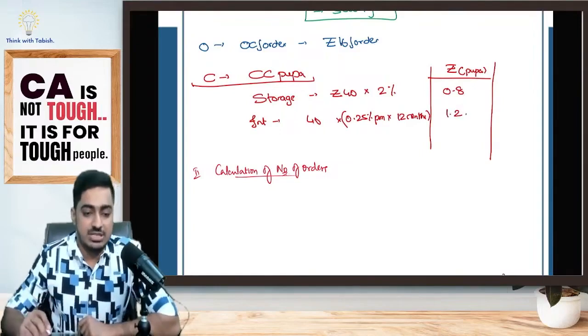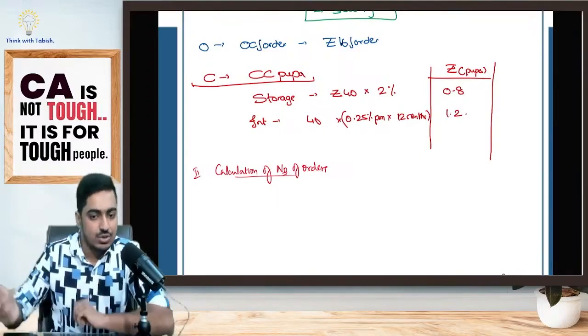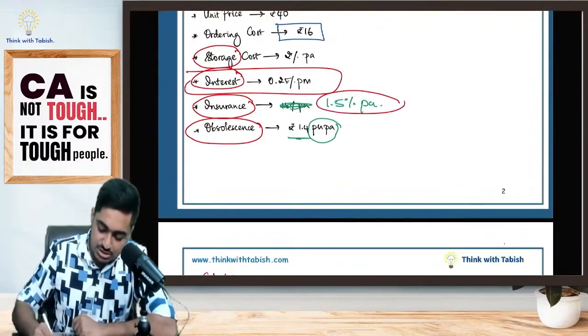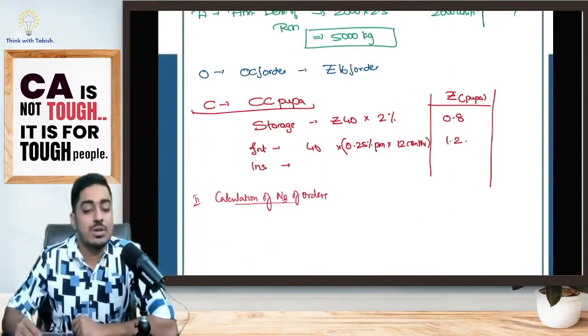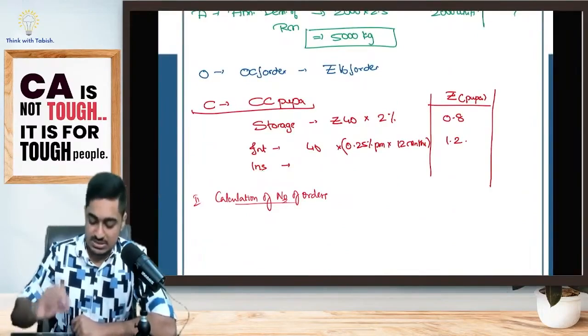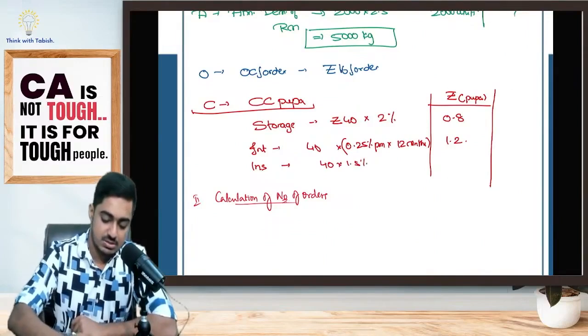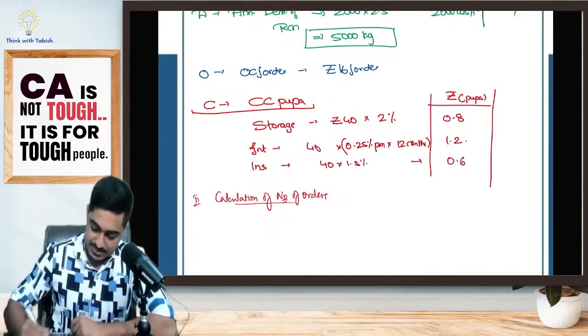If I commit any mistake in the calculation, you'll have to tell me, because I'm explaining as well as writing, doing both things together. Okay, interest I have included. Next is insurance at 1.5%. Which amount is the 1.5% of? It is of the purchase price. 40 into 1.5%. Is it 0.6, everyone? Great.